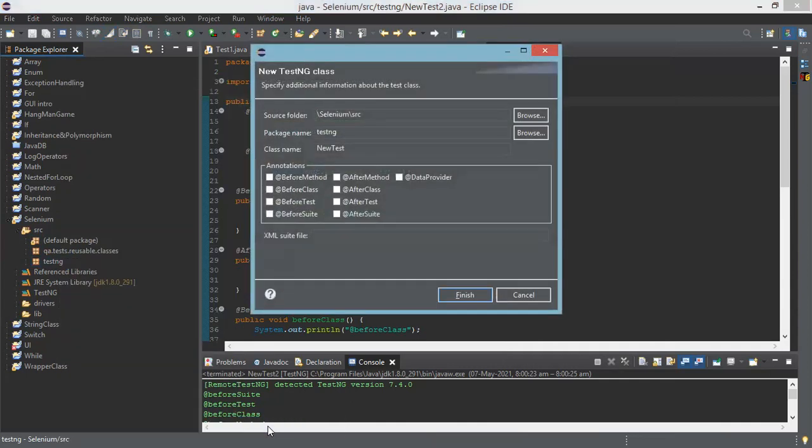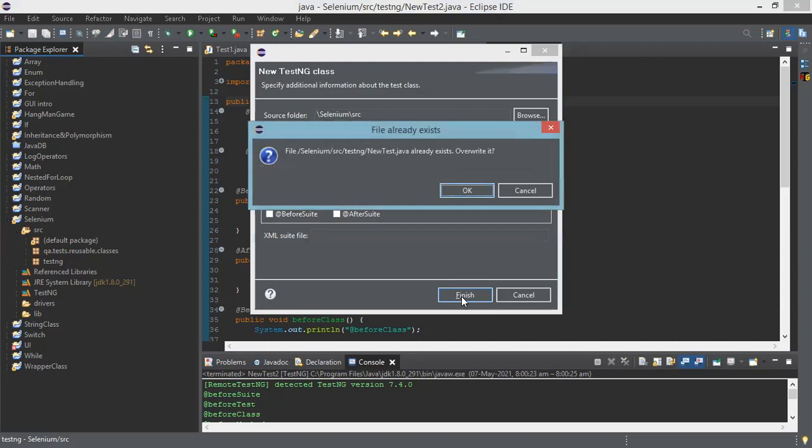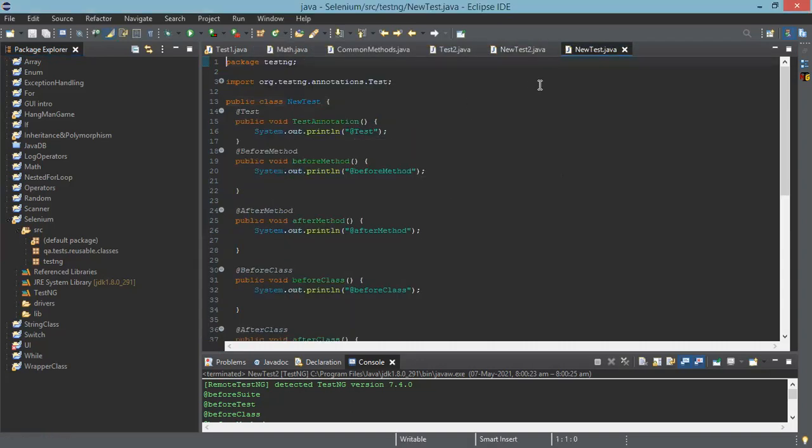Now you choose only before class, after class, before method, and after method. Only these things. Finish. I don't want to have all the annotation types.